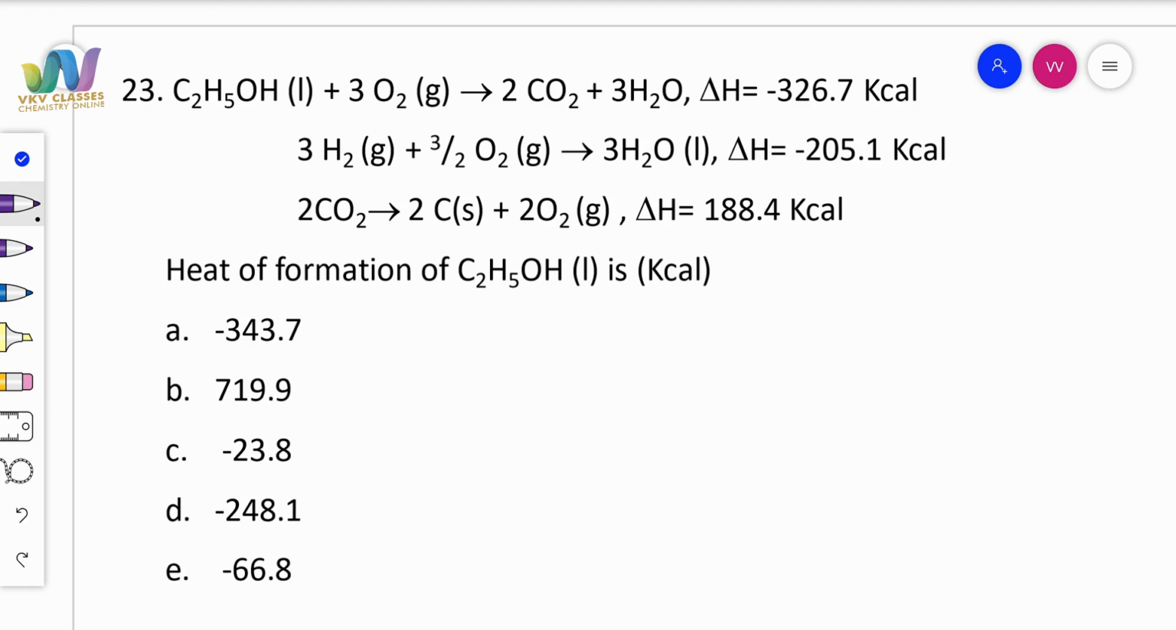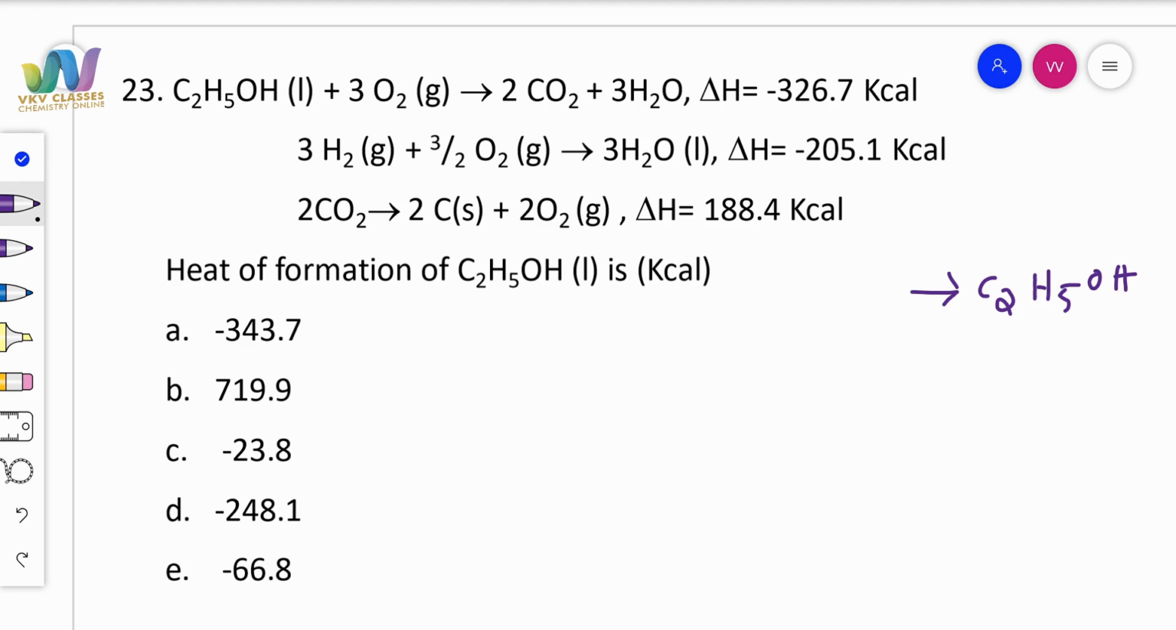C2H5OH plus 3O2 gives 2CO2 plus 3H2O. Delta H is minus 326.7 kilocalories. 3H2 plus 3 by 2 O2 gives 3H2O. Delta H is equal to minus 205.1 kilocalories. 2CO2 gives 2C plus 2O2. Delta H is equal to 188.4 kilocalories. You are asked to calculate the heat of formation of C2H5OH. Heat of formation of C2H5OH is given by the equation. The compound that is to be formed is